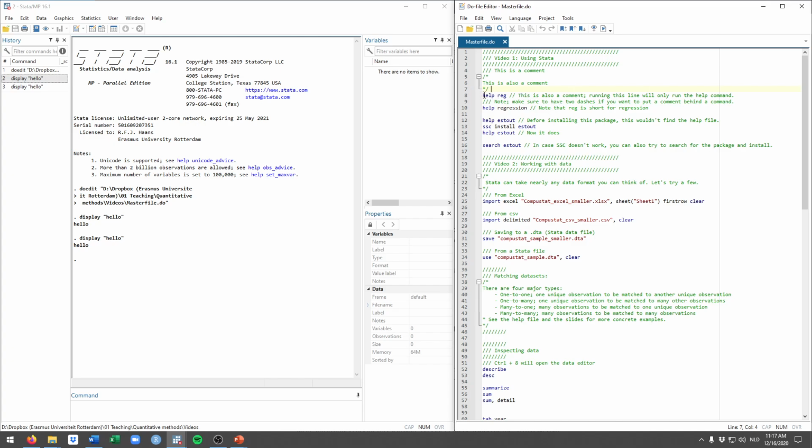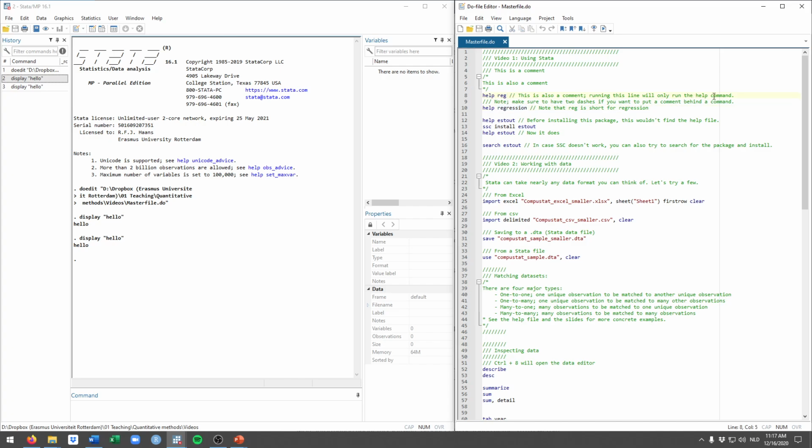And then here you see black text and blue text. Those are actually the commands that I could also type in the command window. An example here is what they call the help command. That's the command that links you to all the documentation about specific commands. So say that we have the regression command, which you see here, shorthand being reg, which I have up here.